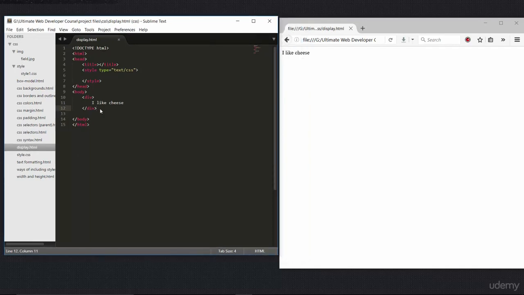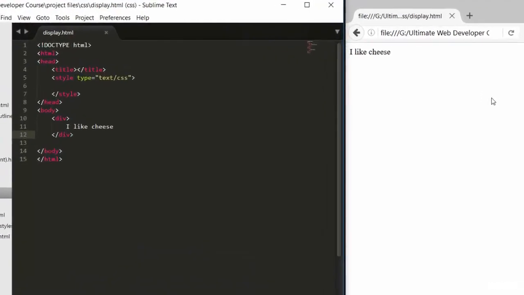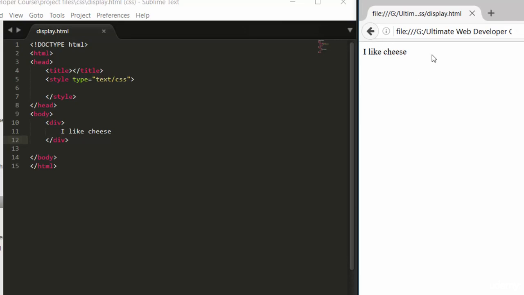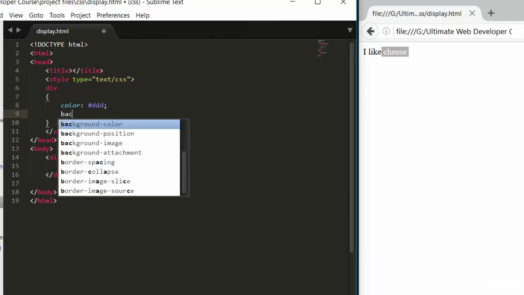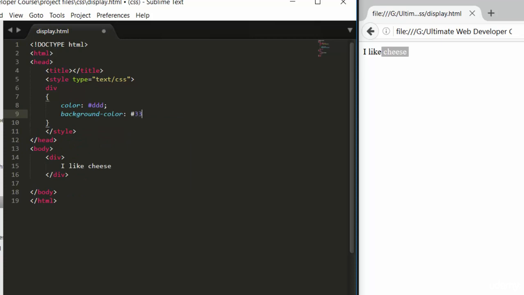So here we have a div where it is written "I like cheese", and its output is just like this. It's simple. Now let's come to style, select the div, and let's provide a color, say a light color, that is #DDD, and provide a background color, say #333. Let's save it, refresh here. It looks as expected. Now the background is taking full width because, as you already know, div is a block